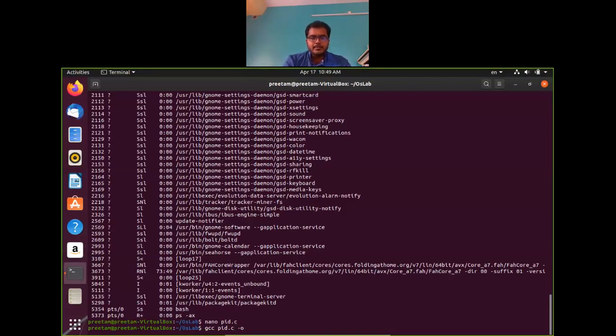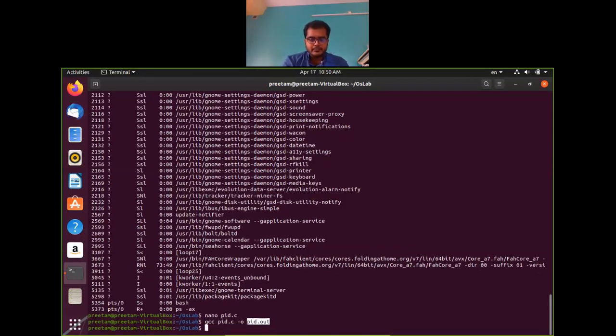This means gcc will compile this pid.c file, and if the compilation is successful, it will give the name that you provide after the -o switch. Suppose I am giving pid.out. Now this file will be compiled and named pid.out.